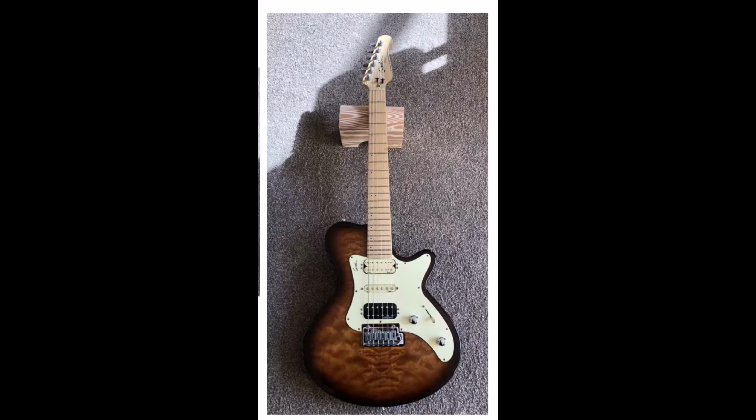I happened to get given one as a gift by my wife because I think I talk about so many guitars so much that she can remember most of the names and models that I talk about. And for a particular period of time, I really spoke a lot about the Godin SDXT after seeing an advert on Gumtree, and it really just took my fancy, and I sort of fell in love with the idea of getting one and really wanted to play one for a while. The guitar itself is a second-hand Godin SDXT. It was in fantastic condition when I got it, and that is the specific model we'll be taking a look